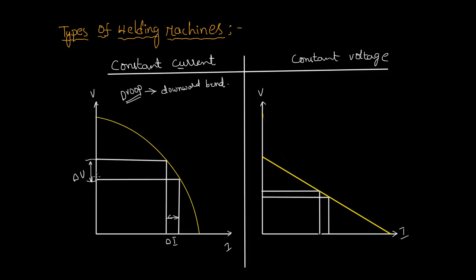Okay, so for a small change in voltage, the corresponding change in current is very small, so we can neglect this change. So that is called constant current. But in constant voltage, for a small change in voltage, a very tiny change in voltage, the corresponding current change is very high. So it is having the constant voltage characteristic. If I increase the current range, then the voltage range cannot be increased more than this. Okay, so that's why it is called constant voltage.